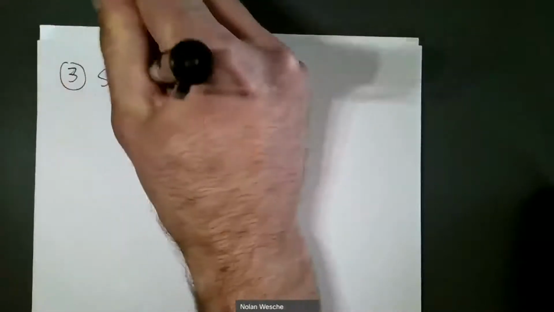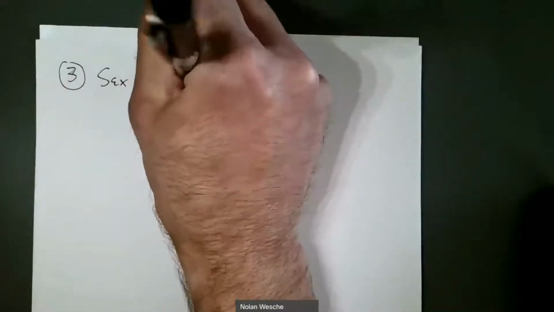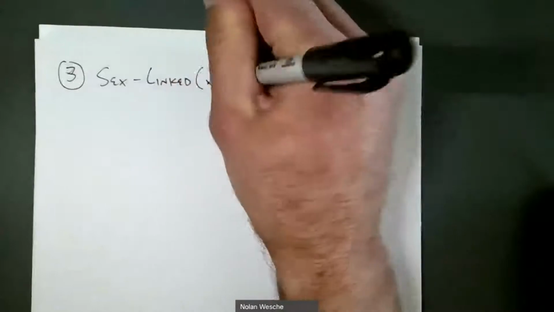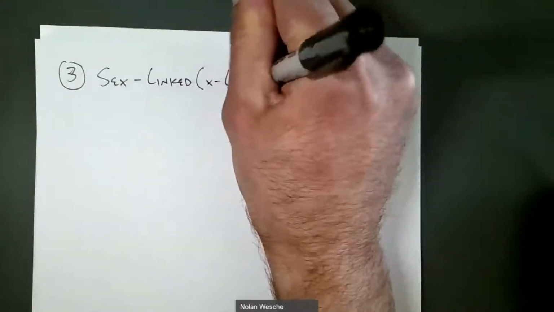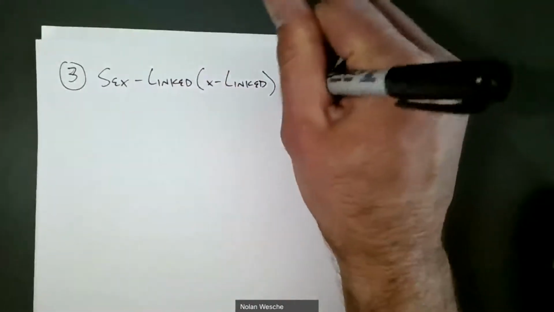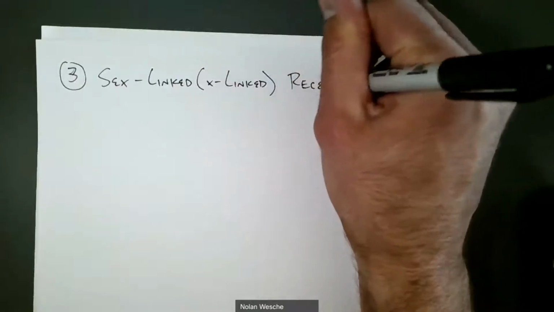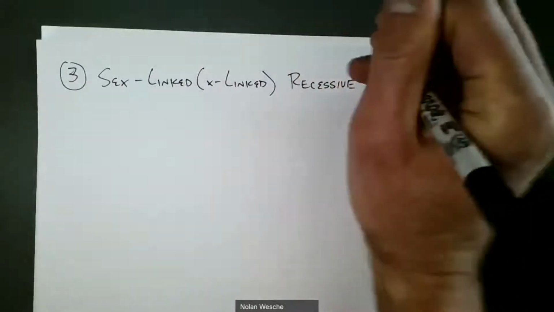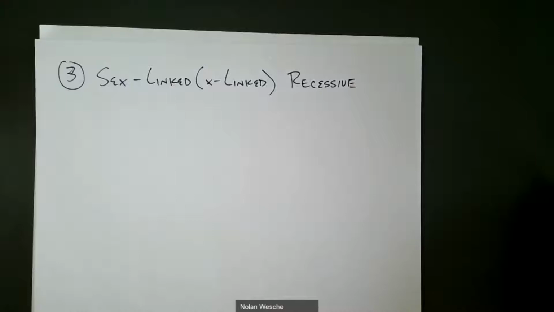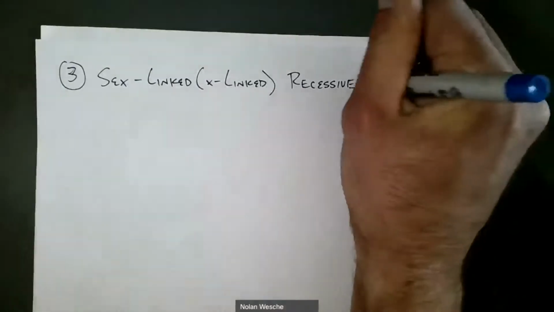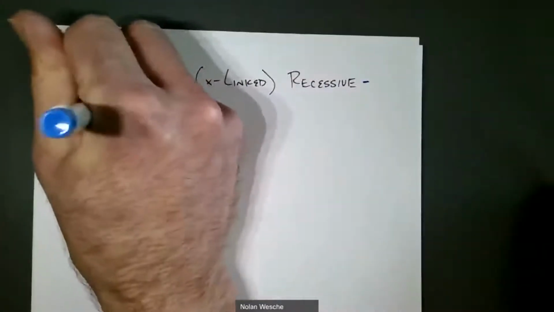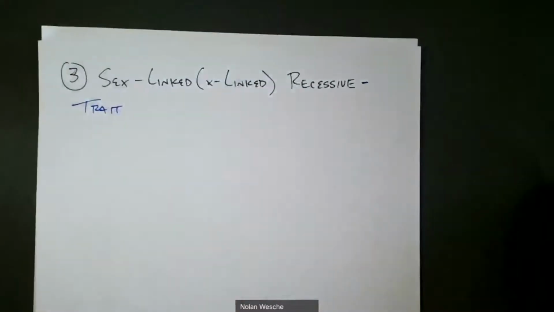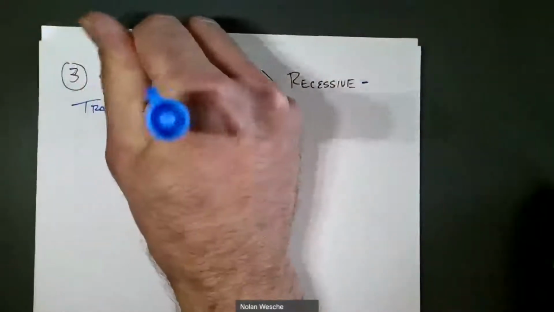Right, the third variety that we're going to look at here is sex-linked, just like the Punnett squares that we did, or X-linked, because it's on the X chromosome, and we're going to look at recessive pedigrees first. And what we're looking for with these is going to be a trait. So the trait may still skip a generation,